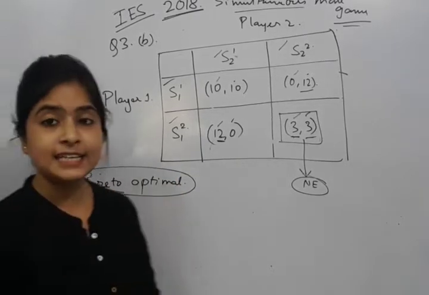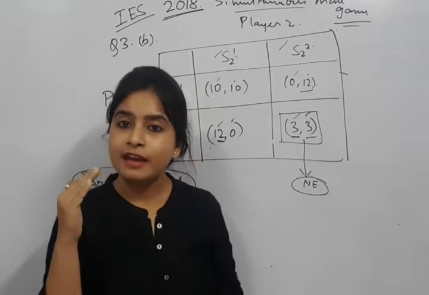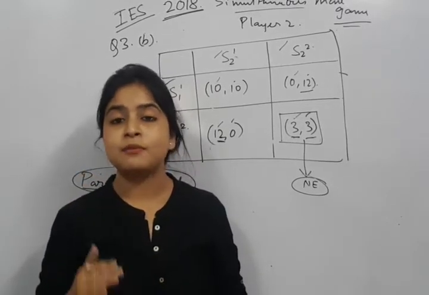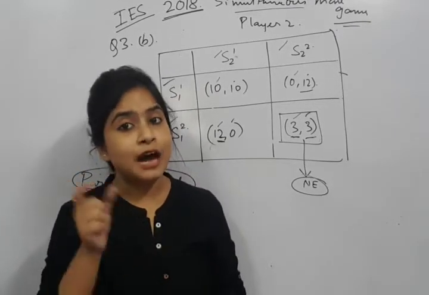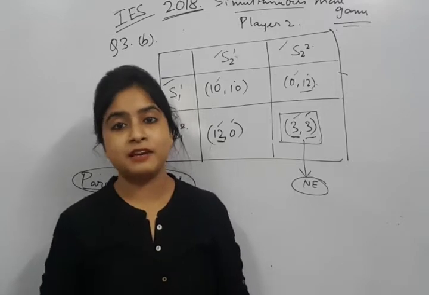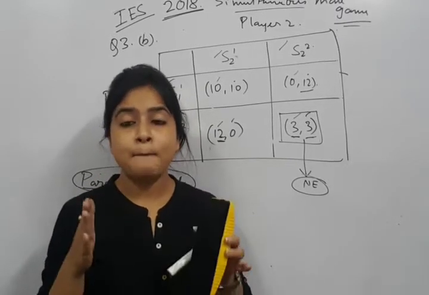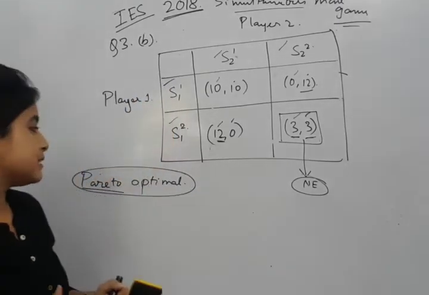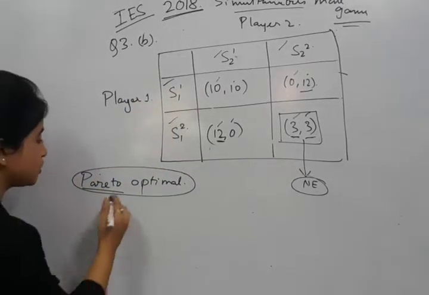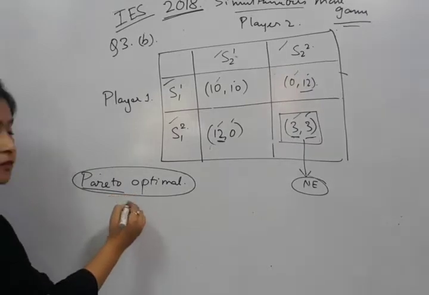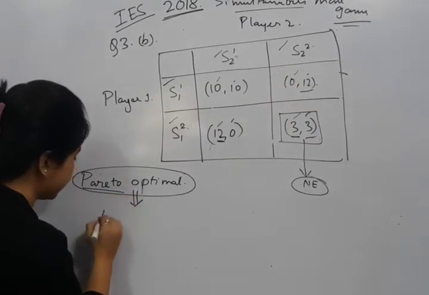See, it is a situation where none of them can be made better off without making any one of the players worse off. Then only that situation is known as the Pareto optimal situation. So we can write over here that